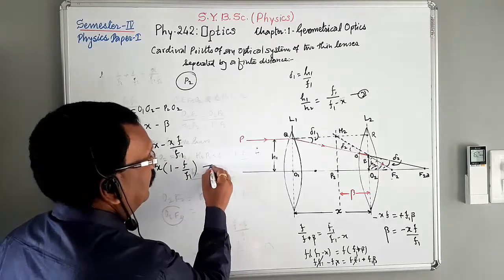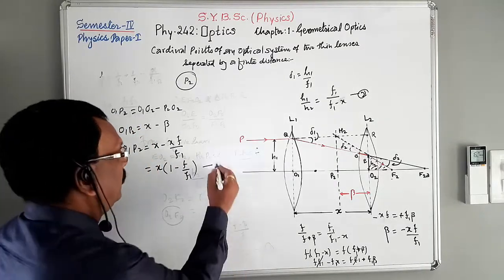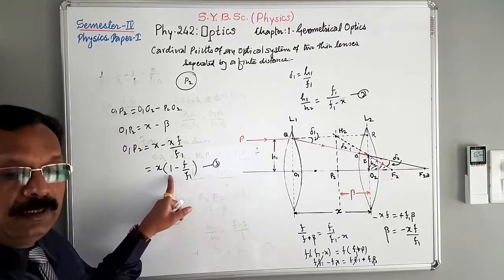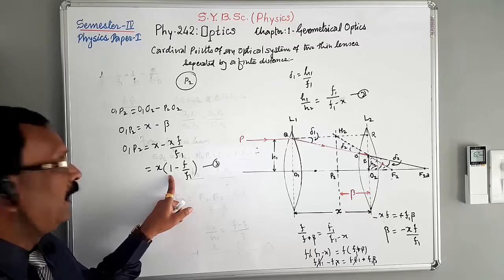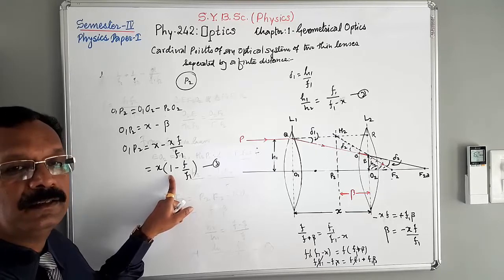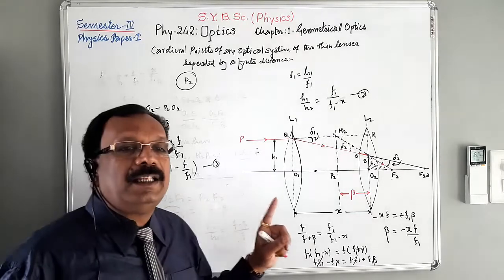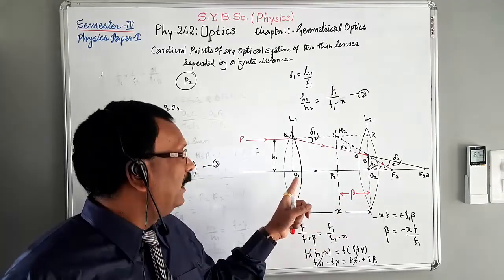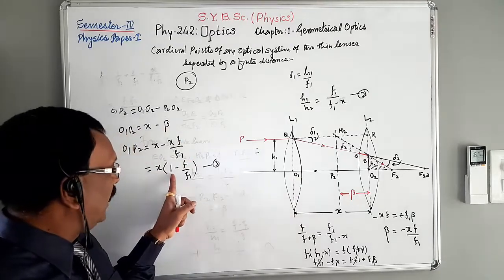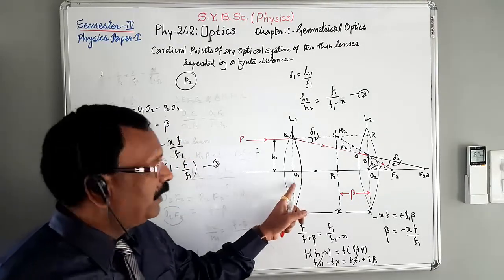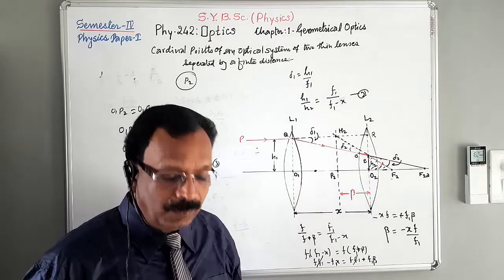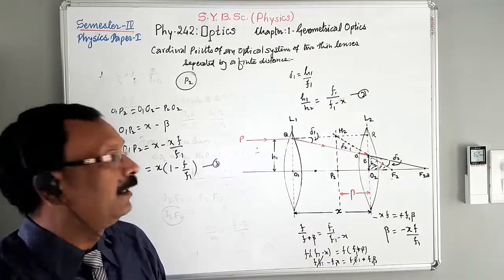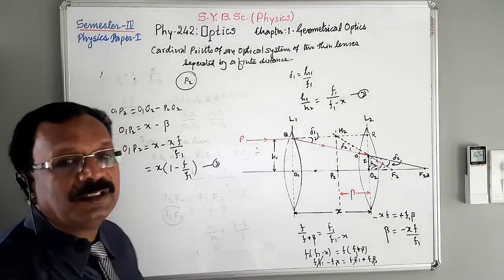This is the next equation. What will be the number? Suppose number 3. Now here we can say that the second principal point P2 is situated at a distance x in bracket 1 minus f upon f1 from this lens L1. Okay. By the same method, we are going to find out the position